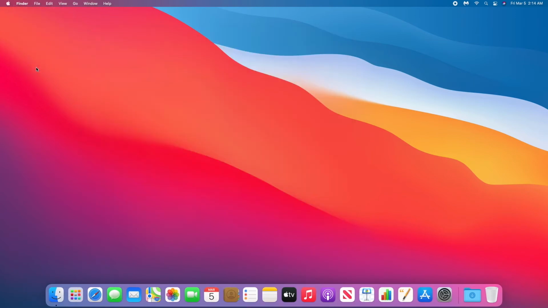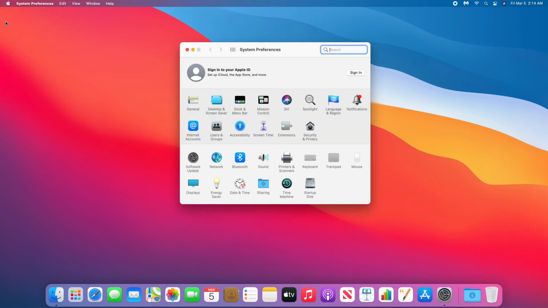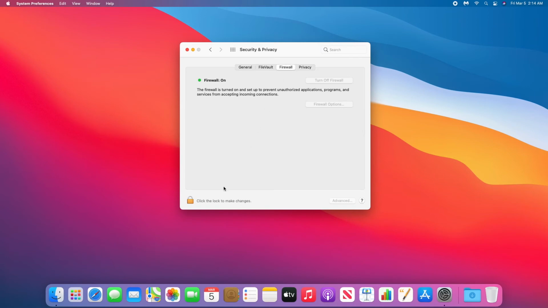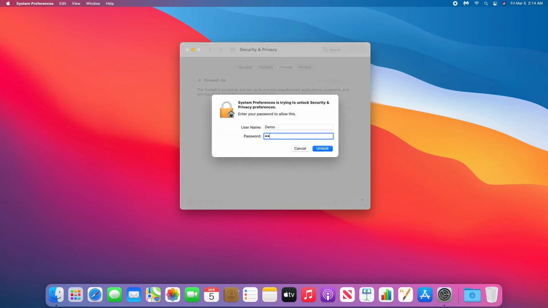Next thing we're going to talk about today is how to protect your Mac from unwanted connections. In order to do this, we are going to utilize the built-in Apple macOS Firewall. To set this up, go to System Preferences by clicking on the Apple menu in the top left, System Preferences, then click on Security and Privacy in the second section, second row, last item. Click on Firewall, click the lock, log in,